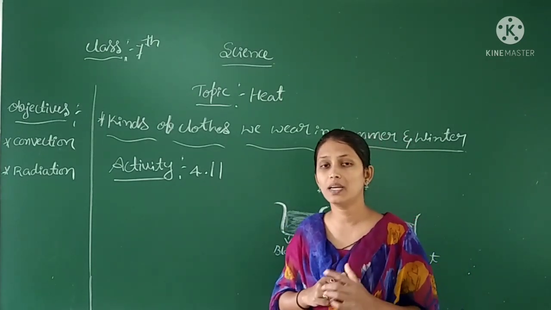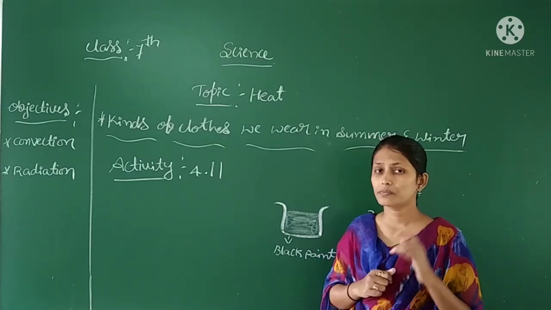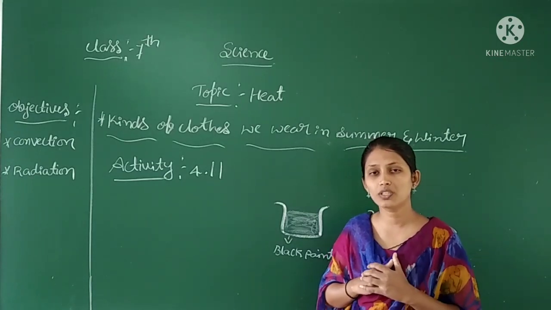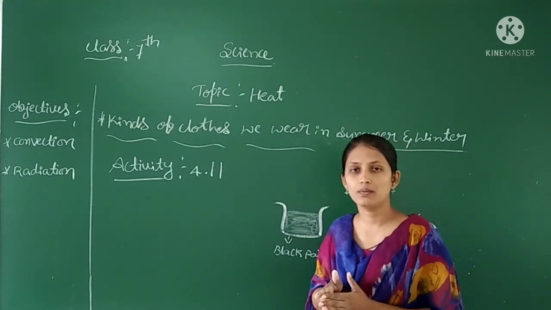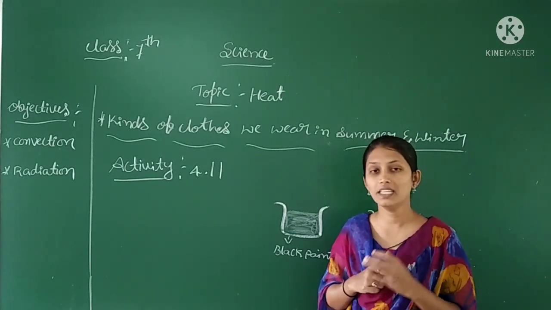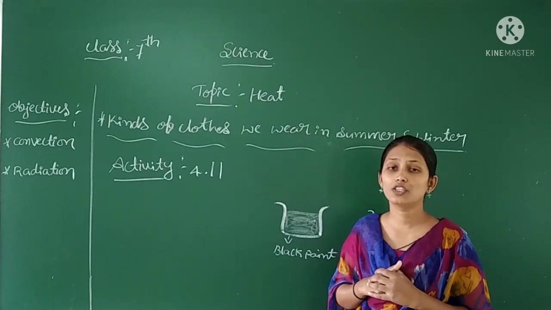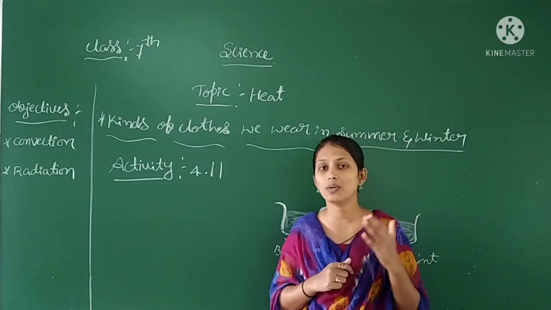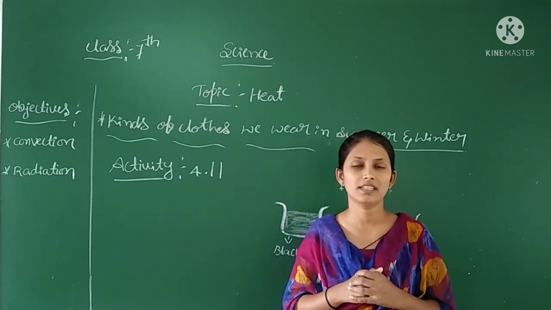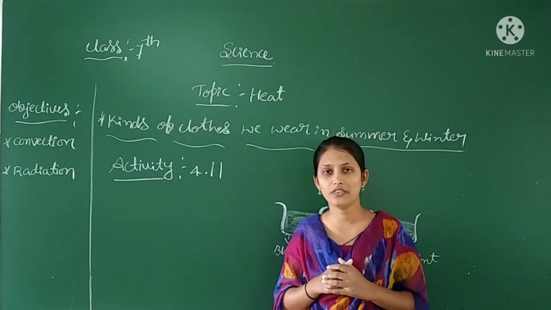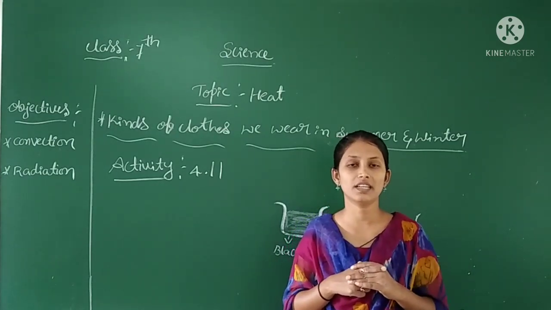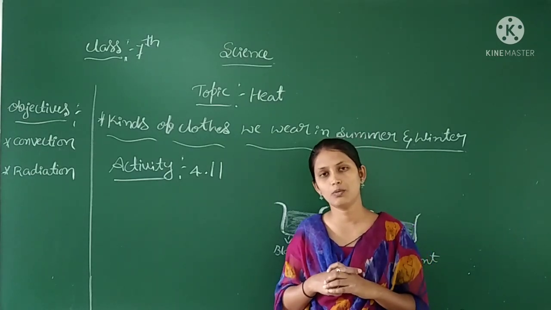Before going to the end of our session, once again we will recall what we have learned in this whole lesson. In this whole lesson we have learned about the hot object and the cold object, and how we measure hot and cold objects. We can measure by the thermometer. There are two types of thermometers: one is the clinical thermometer and the other is the laboratory thermometer. And by doing a few activities, we have checked the temperature of certain liquids using the laboratory thermometer.